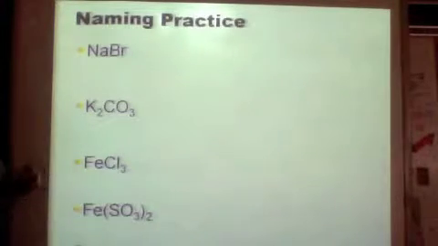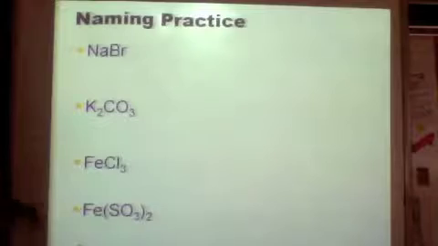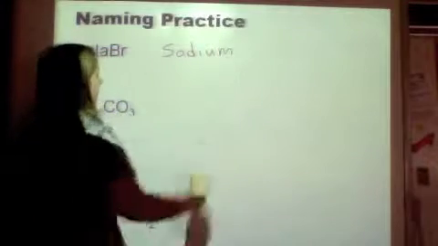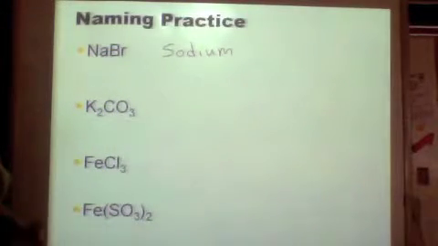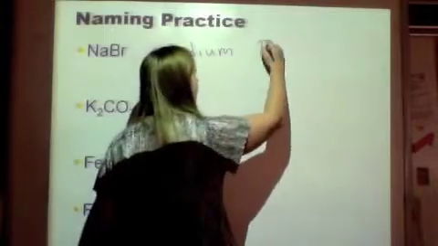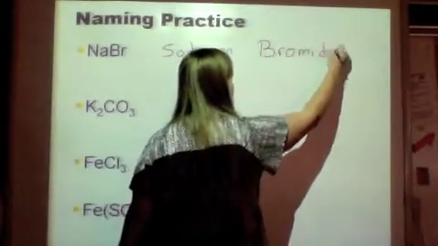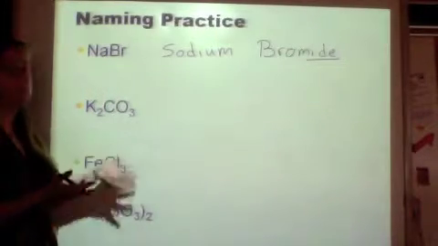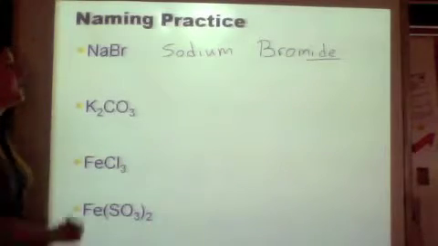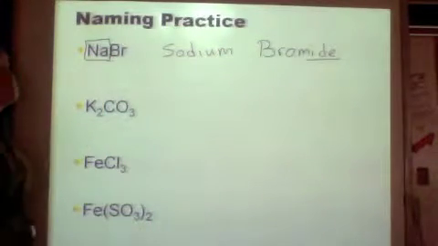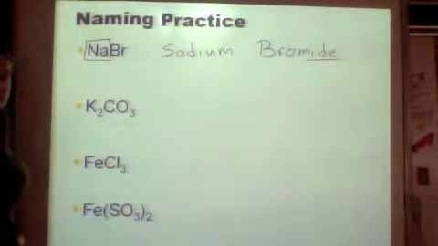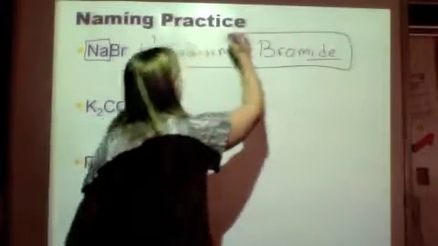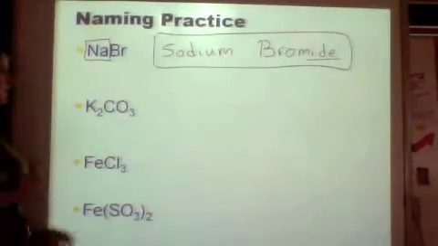So, NaBr. Step 1, write the names of each thing. Na is sodium. Br is bromine. But step 2 tells you to change it to bromide. So, literally, you could be done right now. Because step 3 says, look at the metal, Na. Does Na fall between 3 and the staircase? No, you are done. This is your final answer. Next one,